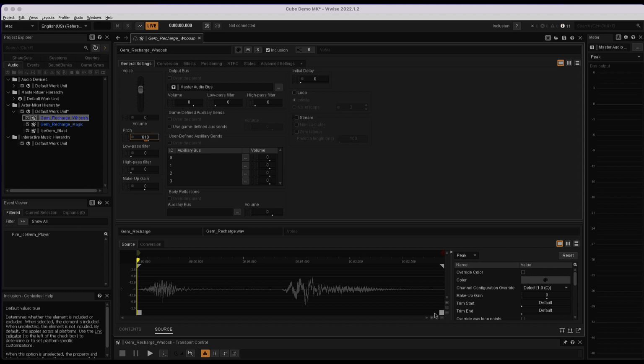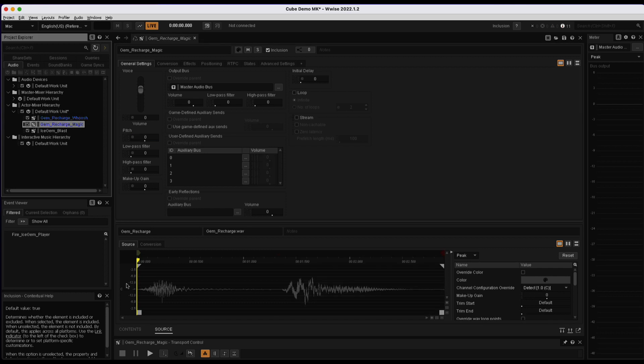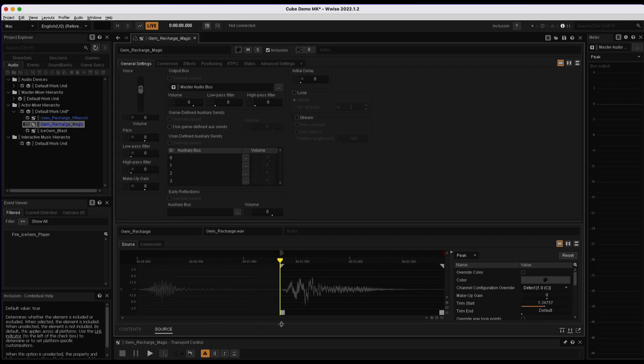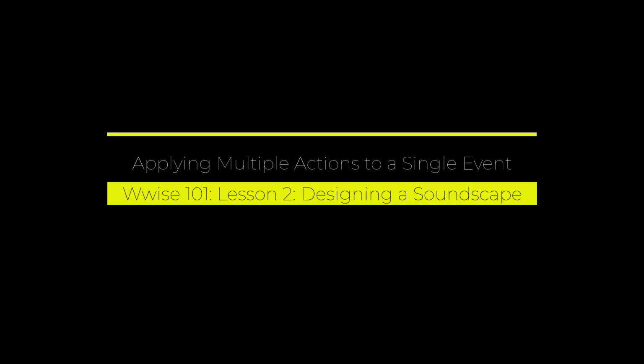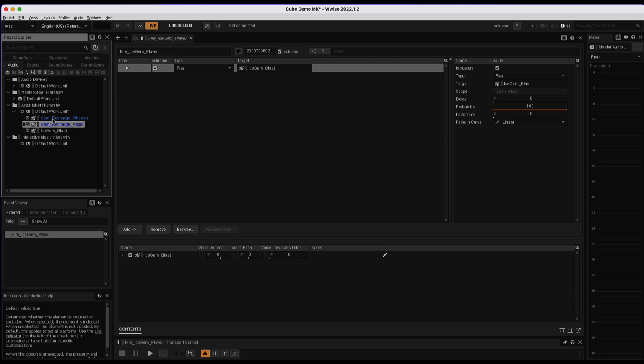All right, now we're going to tighten up these two sound objects. So whoosh is just going to have the initial part, and we can drag the boxes in our contents editor to adjust what part of the wave file we can use. And if you ever worked with a sampler, it's clearly the same concept. You can use part of the wave file. So now whoosh is just playing the beginning of the file,